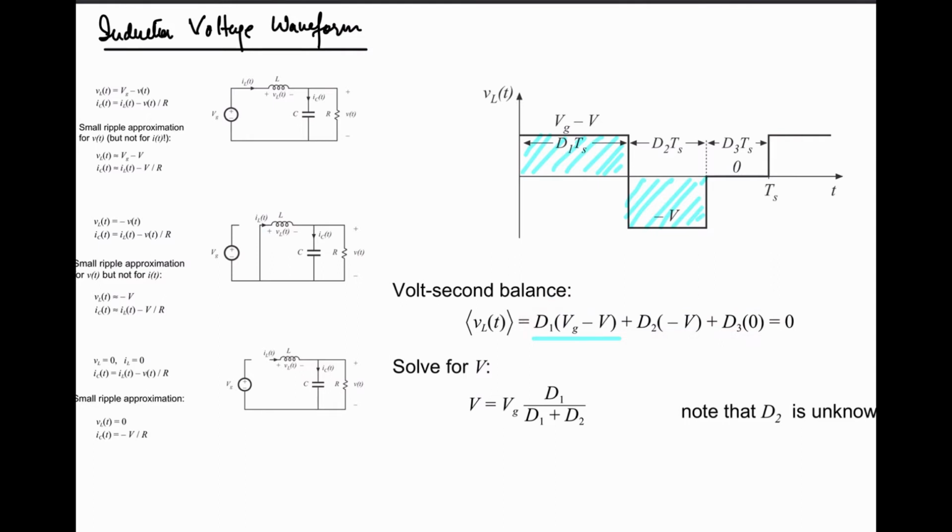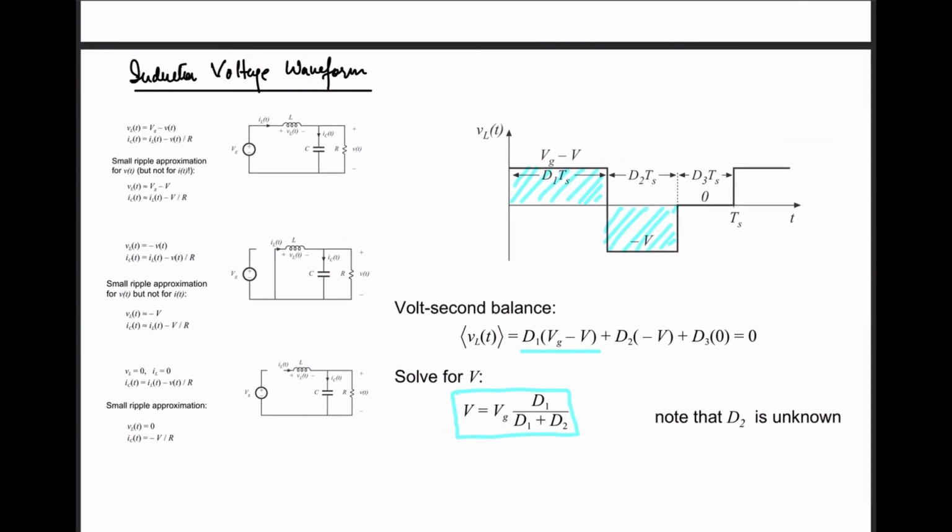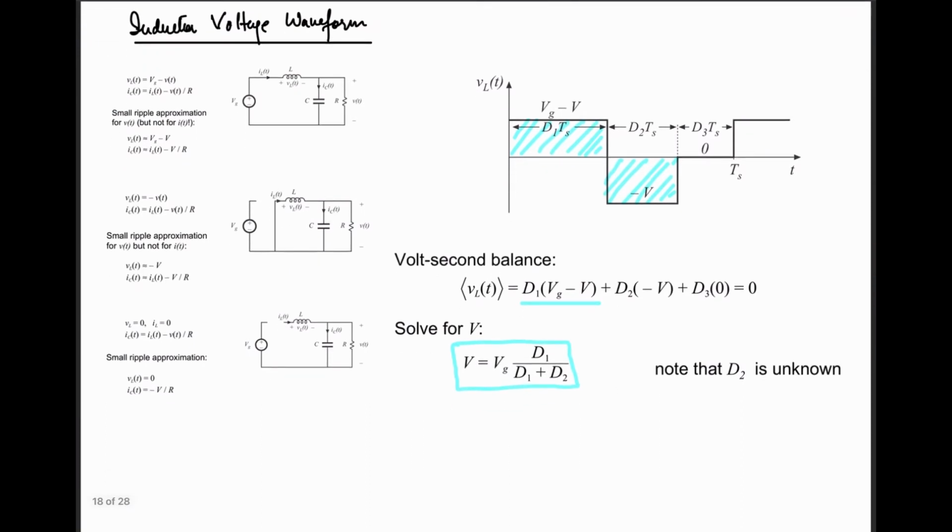So now if you solve it for V, that is the load voltage, this will give you this equation: V is equal to Vg into d1 divided by d1 plus d2. But d2 is unknown in this case. From the duty cycle that you are applying, you know about d, that is the on time of your switch, and that is equal to d1 over here, right? So you know only about d1, but you do not know about d2, because the current is going to become 0 before the start of the next cycle. So d2 is unknown in this case. We will shortly work out d2.